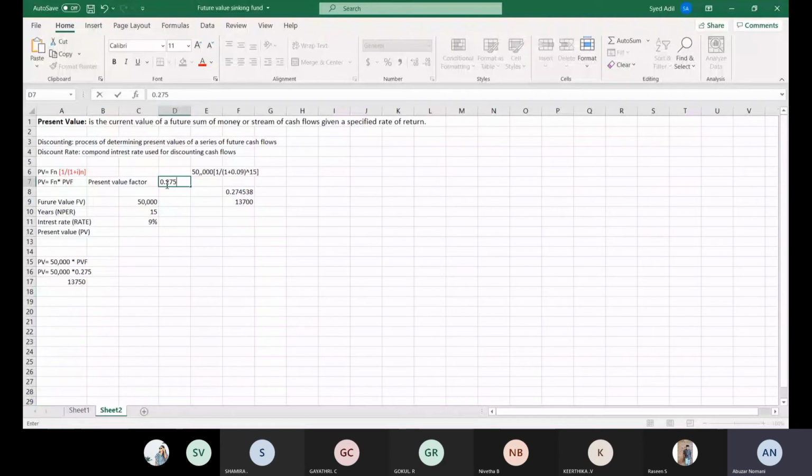0.275. So this value will be given in the table. If you see the table, which table we have to see? We have to see the table present value factor of a lump sum amount, because here we are finding out for the lump sum amount. So we have to see the table present value factor. Okay. So again, if we multiply it with the amount of 50,000,